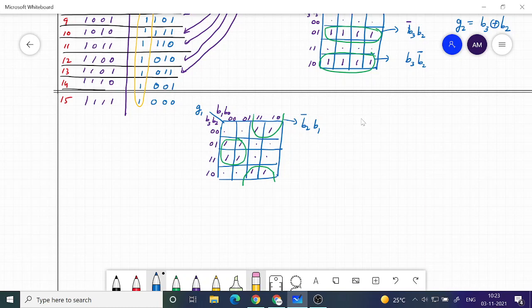Similarly, we can explore this group. What is not changing is B2 is 1, and then B1 is 0. So I can say that G1 is equal to B2 B1 bar plus B2 bar B1. So that is B2 XOR B1.